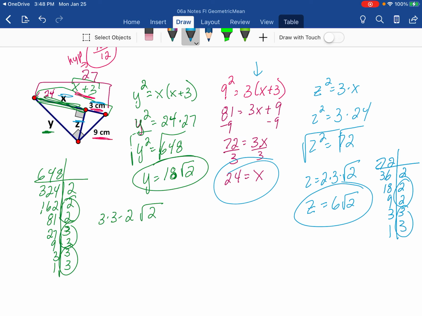Hopefully that was helpful. I don't think that they're difficult. Just go through and either set up the proportions or use the formulas, the 3 different relationships, and then figure